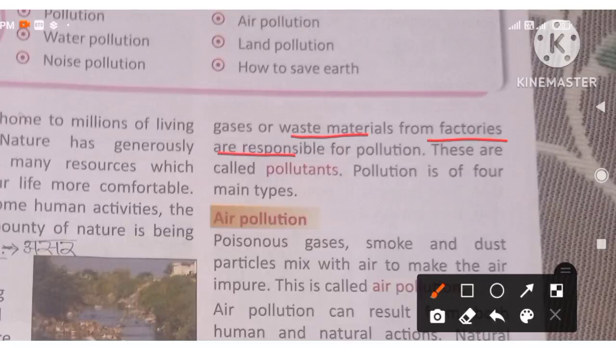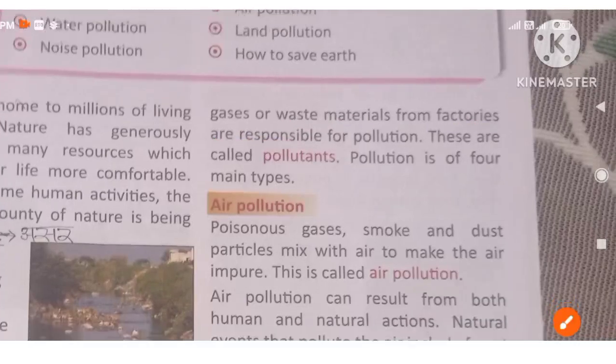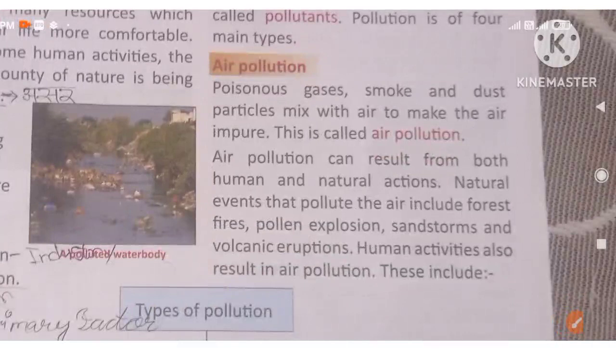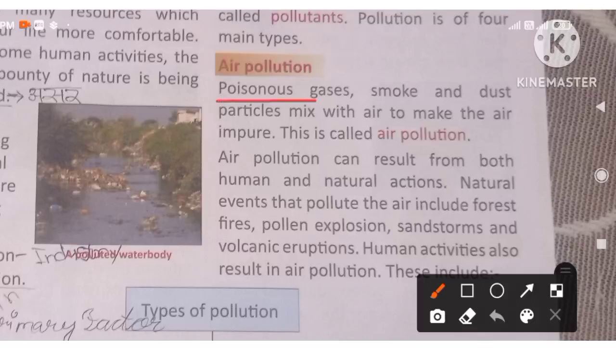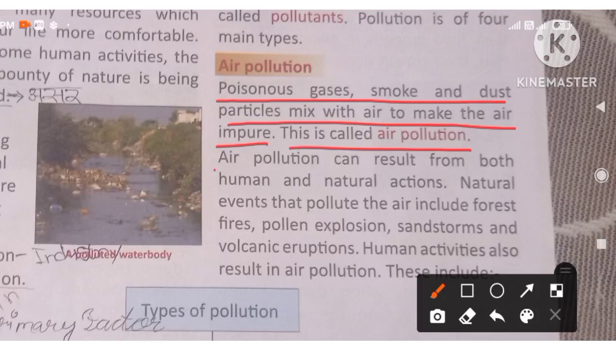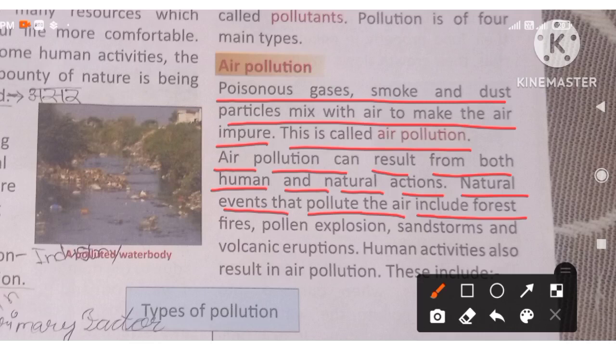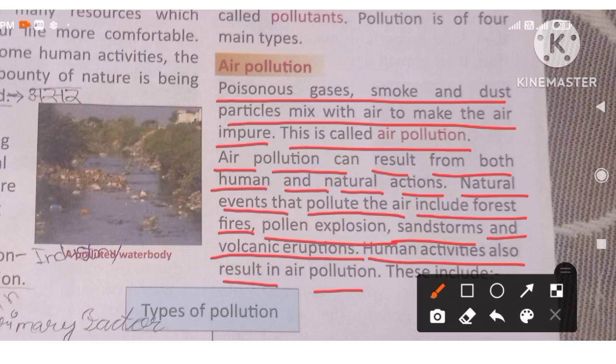These are called pollutants. Now we will start to read the first type of pollution, air pollution. Poisonous gases, smoke, and dust particles mix with air and make the air impure. This is called air pollution. Air pollution can result from both human and natural actions. Natural events that pollute the air include forest fire, pollen explosion, sandstorm, and volcanic eruption. Human activities also result in air pollution. These include